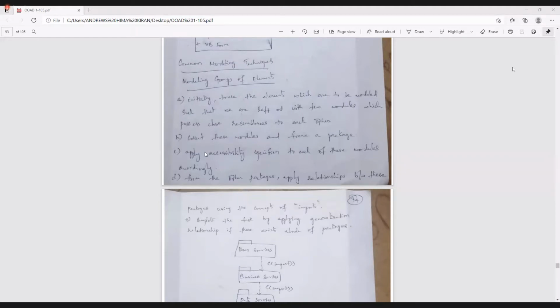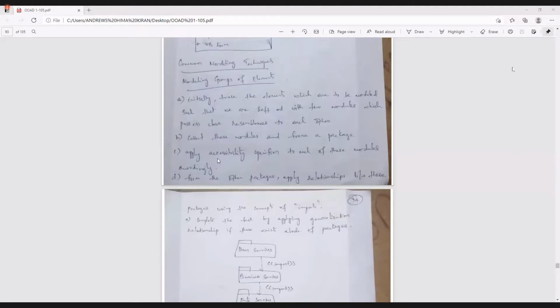That's why class diagram is considered to be a static diagram, because each and every concept of the model, we represent in the class diagram only. There is no chance of removing or missing any concept inside the class diagram, but there may be a chance of removing or missing the concepts in use case diagram, because use case diagrams are considered to be dynamic diagrams and class diagrams are considered to be static diagrams.